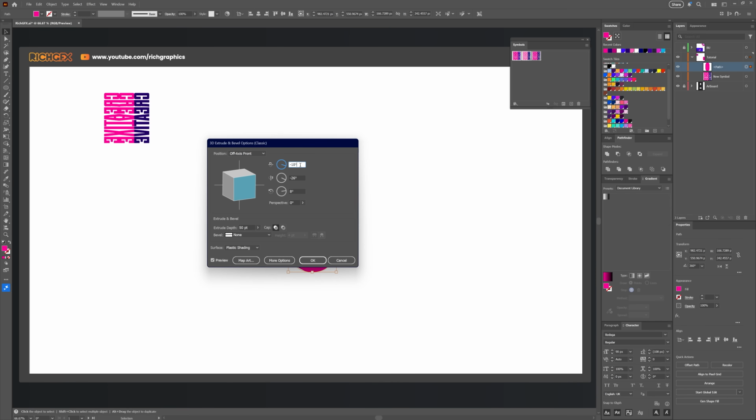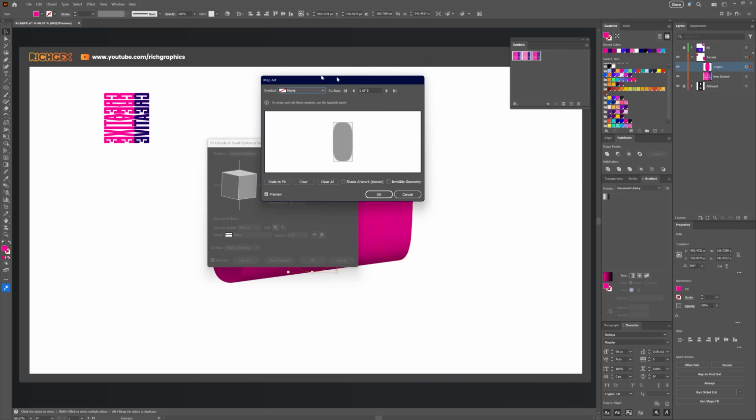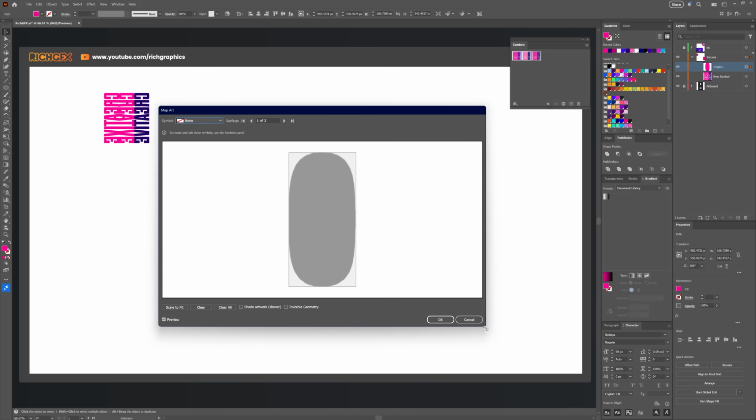In the 3D Options window, set the X-axis rotation to 160 degrees, the Y-axis rotation to 45 degrees, and the Z-axis rotation to -13 degrees. Set the extrude depth to around 800 points, then click Map Art at the bottom of the panel. In the Map Art dialog, set the surface drop-down to Surface 3, you can move through surfaces using the